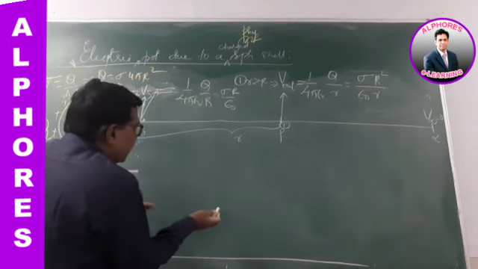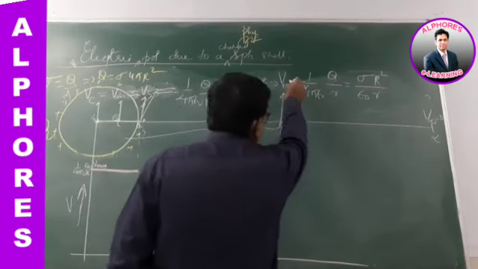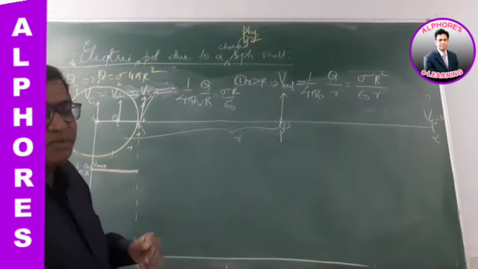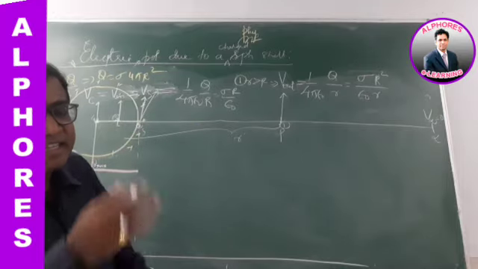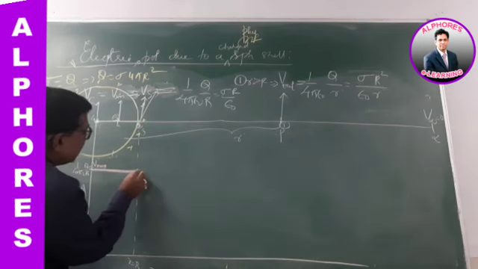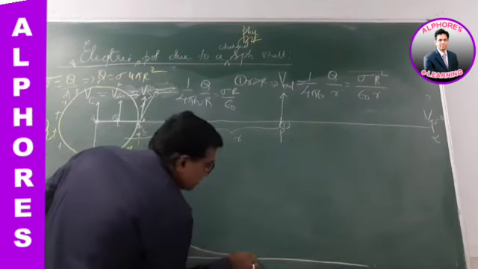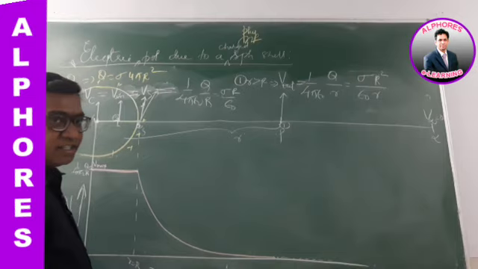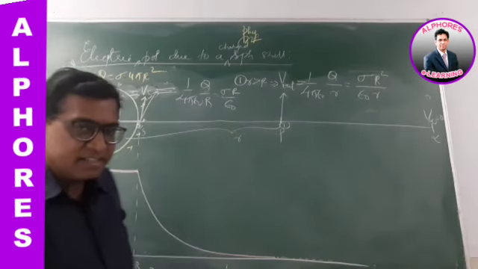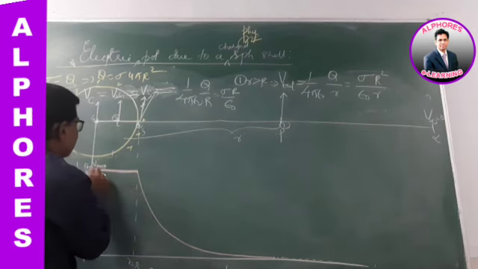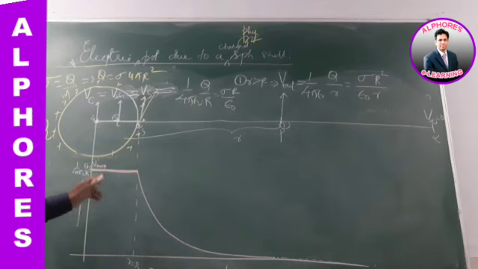Now, at any outside point, the potential varies inversely with the distance. It is an inverse variation of potential with distance. Whenever one quantity varies inversely with another, the graph is a rectangular hyperbola. So this graph is a rectangular hyperbola. It will touch at infinity, where the potential is 0. It is an asymptote, touching the distance axis at infinity. The graph is like this. This way the potential varies for a hollow conducting charged sphere.